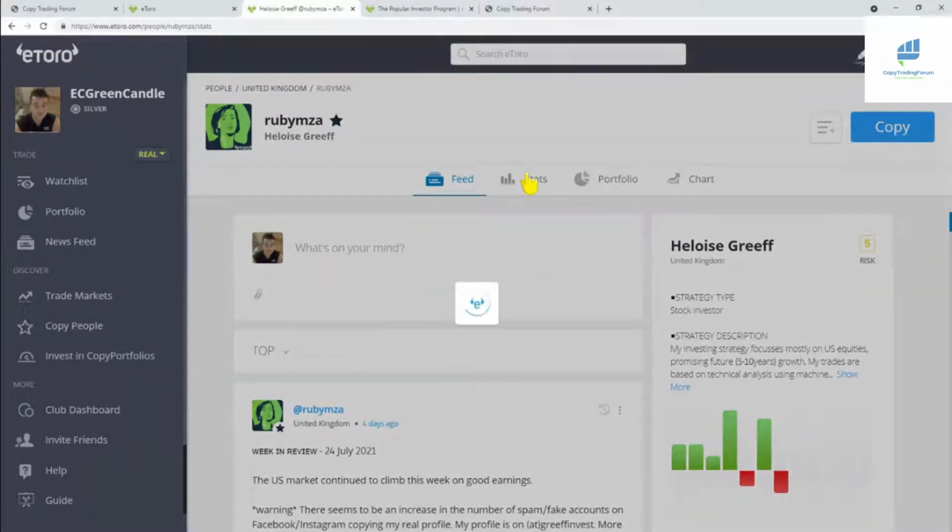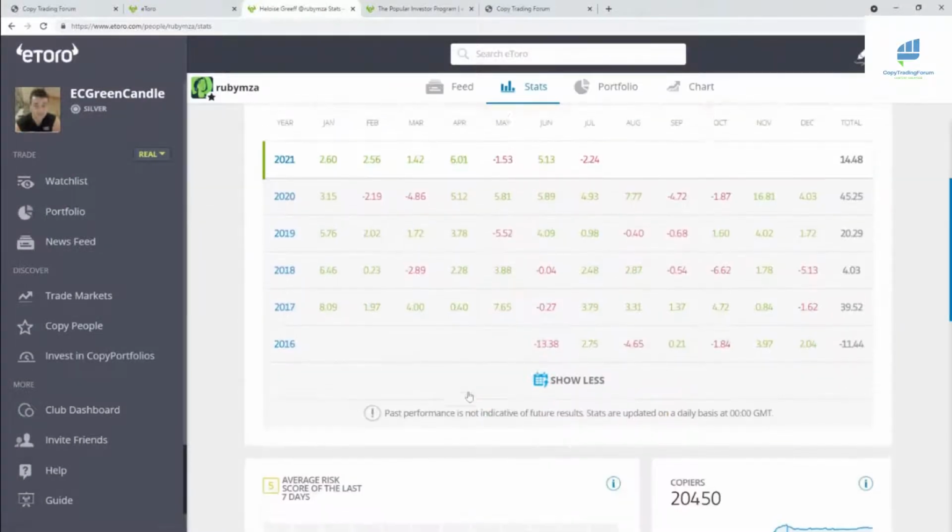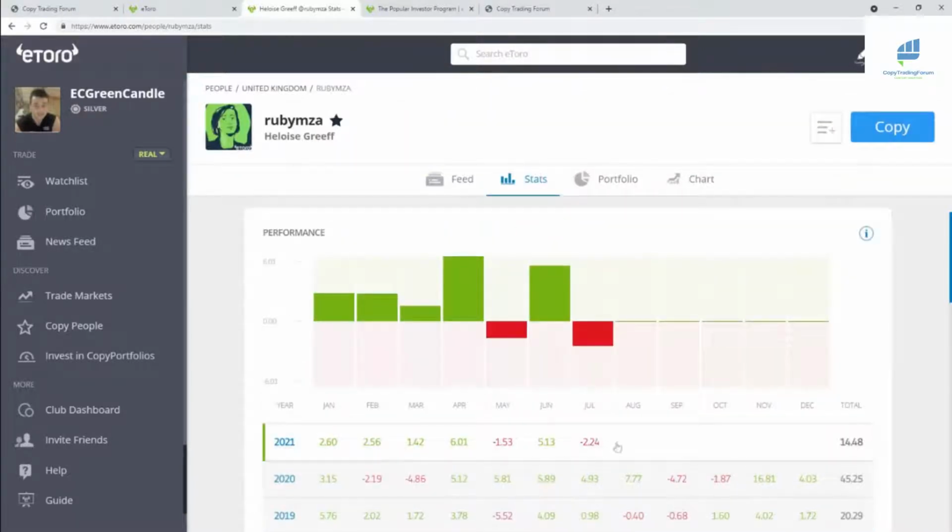Then you can come into her stats, and you can see her stats since she started trading on eToro. So these are all the stats for the profits and losses since she started, for each year and then each month. Okay, each one of them is a month. So for 2020, she was up 2.6% in January, etc. In May, she went down minus 1.53. But overall this year, she's up